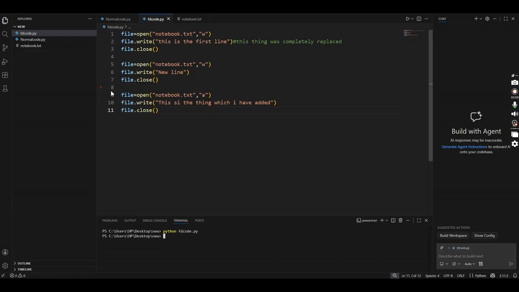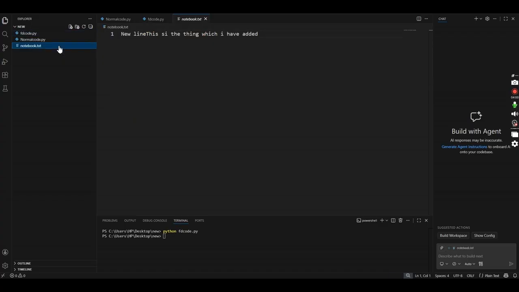Now you can see here in the notebook new line is also there, and this is the thing which I have added is also there.